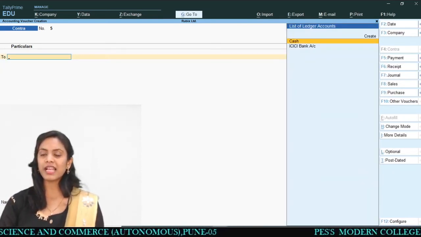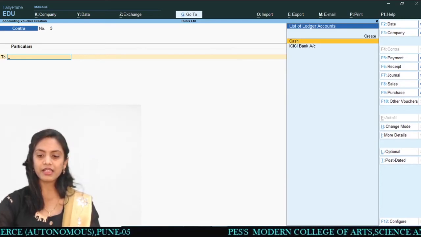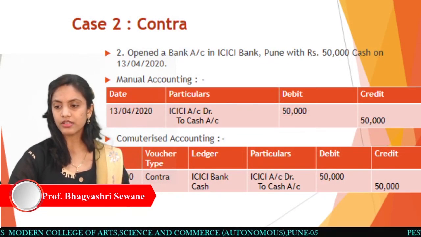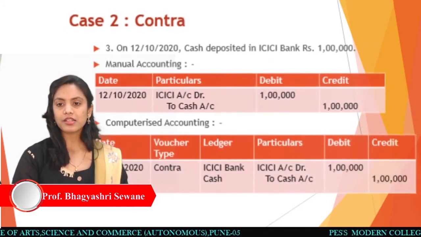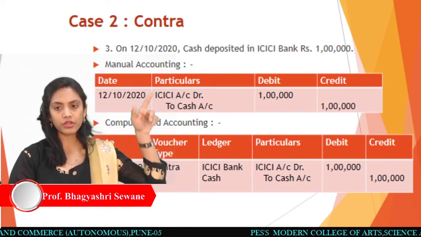Likewise, the third entry we have done. We will see the next entry. What is there in the next entry? Okay, we are here in the next transaction. I have to go for the next transaction right now, and that transaction is once again related to case 2. You can see over here, case 2 is related to the contract.